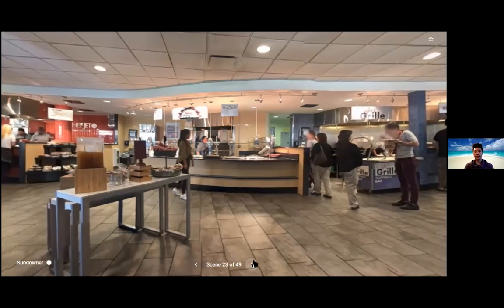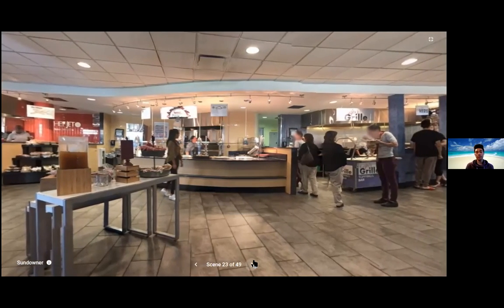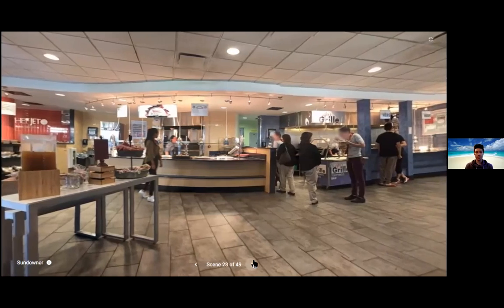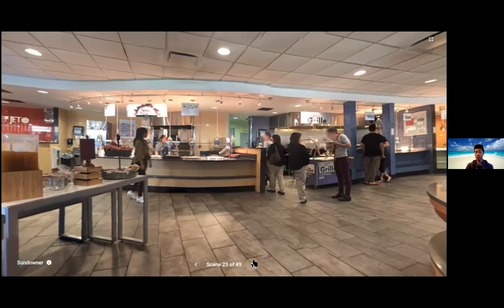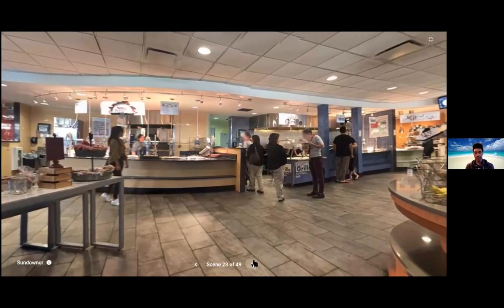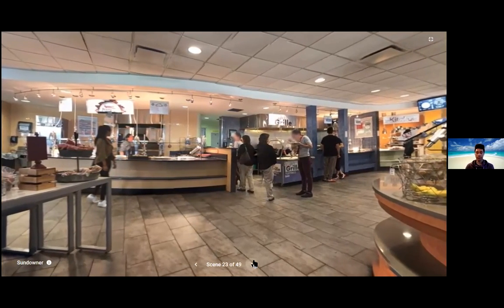Here we have the Sundowner. So here is where you'll most likely see so many students grabbing lunch and dinner. So the Sundowner operates via food court style and includes the following stations: Burgy's Grill, which serves fries and burgers,